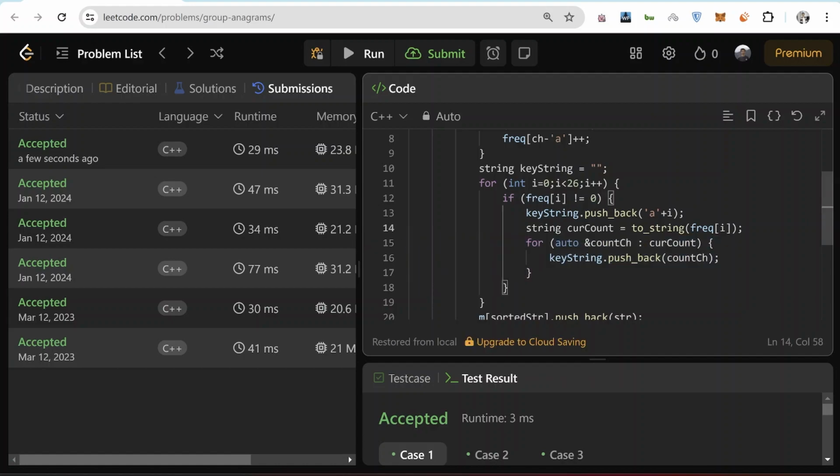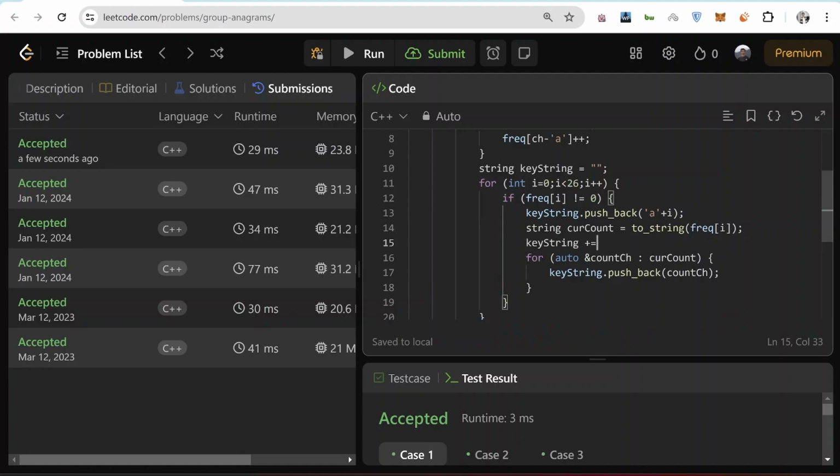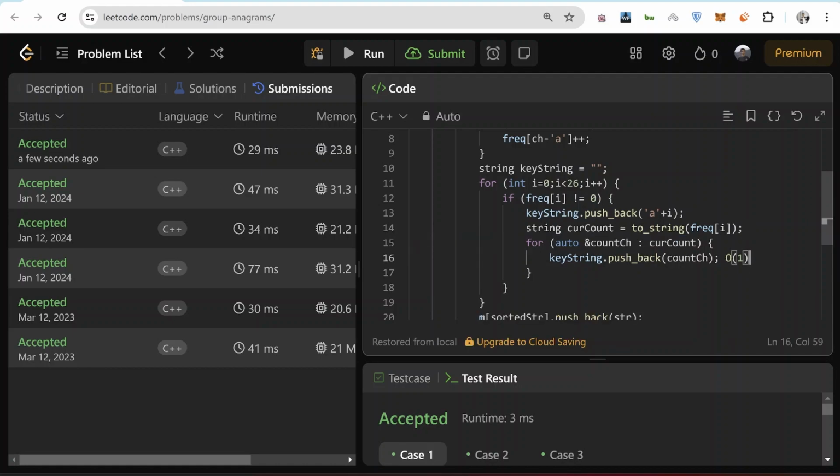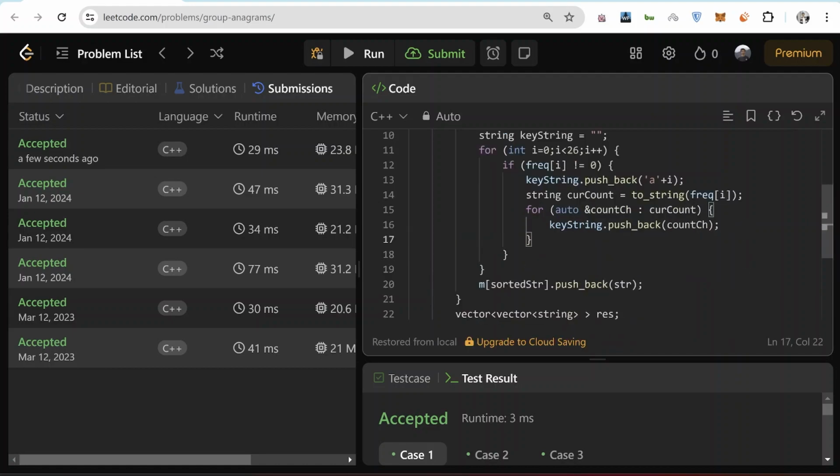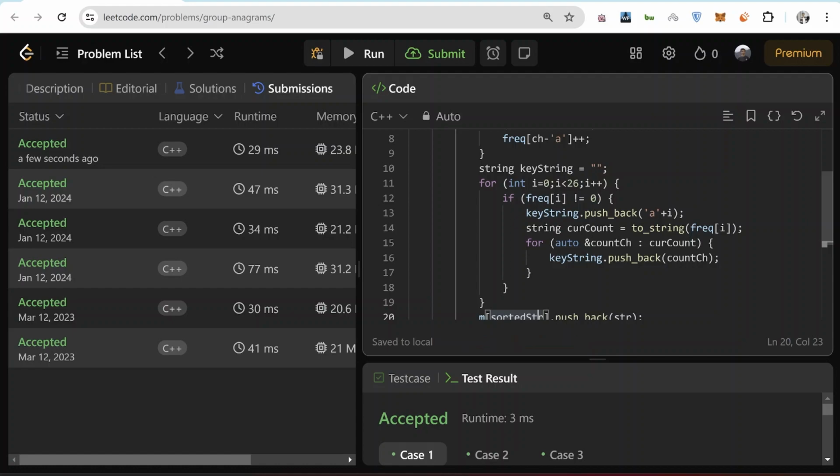Instead of this we could also have done keyString plus equals count, but that is again an O of n operation, and this push_back is O of 1. So you want to avoid doing this. Instead, push one at a time, and then I want to keyString.push_back 'a' plus i, keyString.push_back the counts.